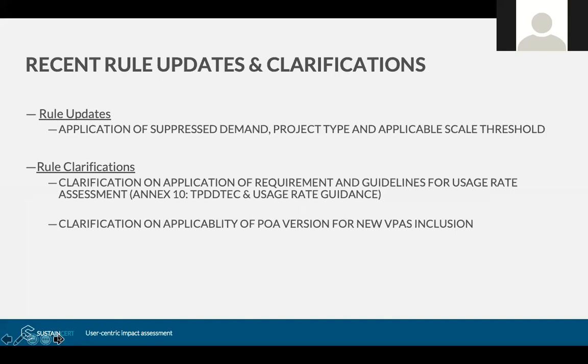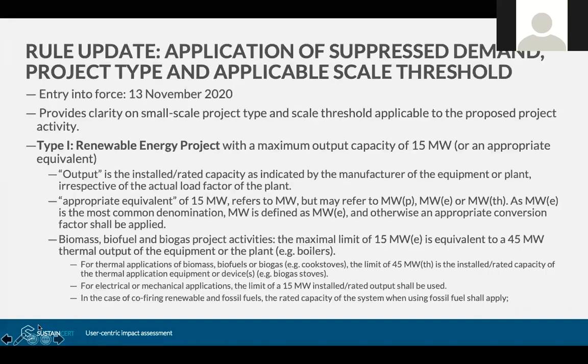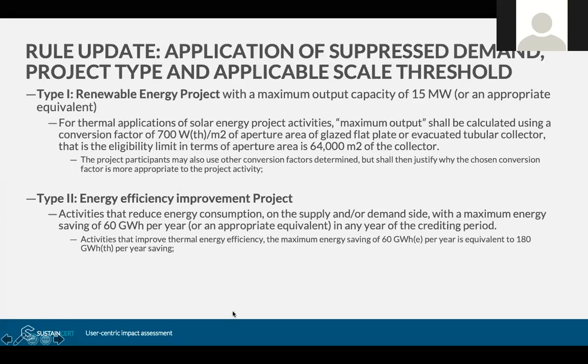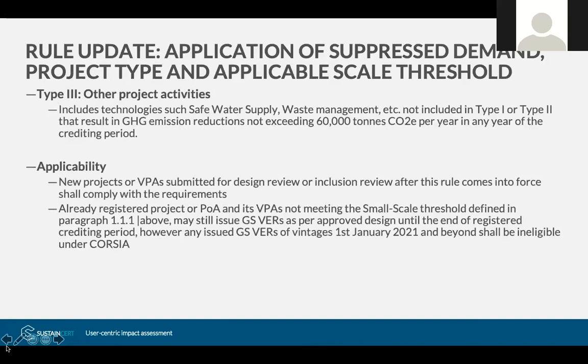And then there are two rule clarifications, which are on the application of usage rate assessment guidelines and also on the applicability of POA version for new VPA inclusions. So let's move on to the first rule update, which is on the application of suppressed demand project type and applicable